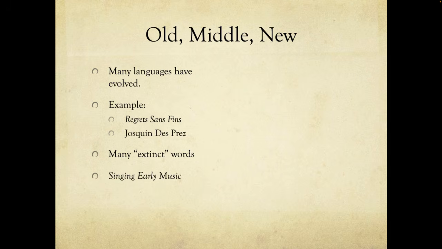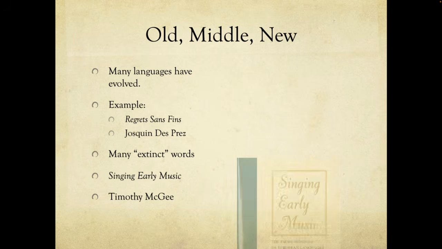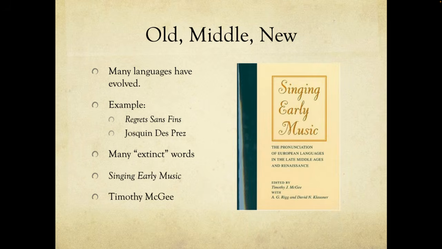There's a great book, which you're going to talk about in a second, which talks about singing early music by Timothy McGee. This is it. And when you get into this book, he not only talks about, through IPA, the use of early languages, and also by early, we're talking Middle Ages and early Renaissance, but he also has a CD that you can download, I think now as well, that he pronounces these words for you so you can get an idea of what they sounded like. So it's really helpful when you're dealing with performance practice to find a book like this to do that.